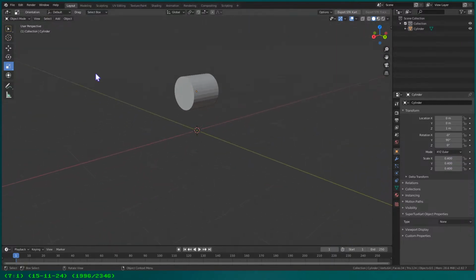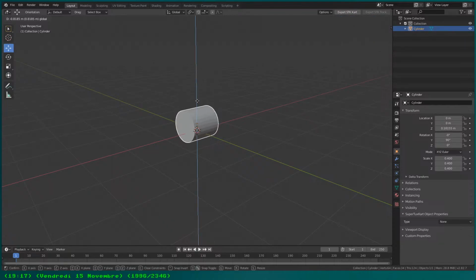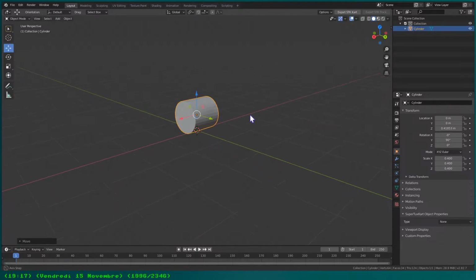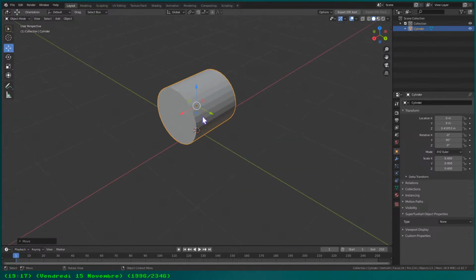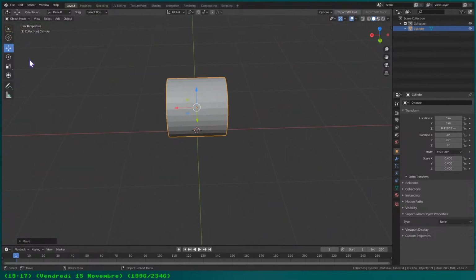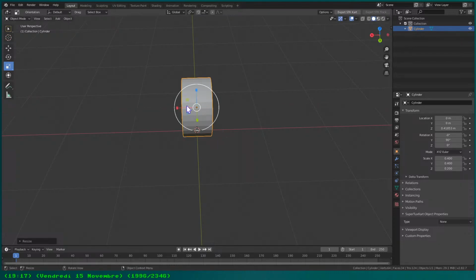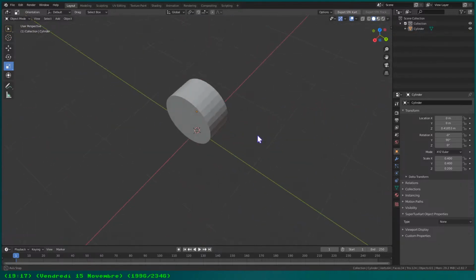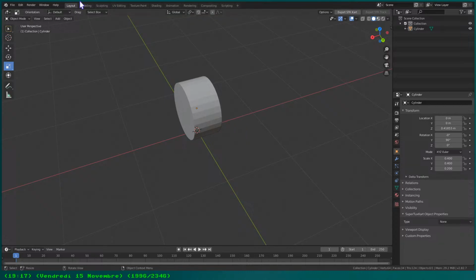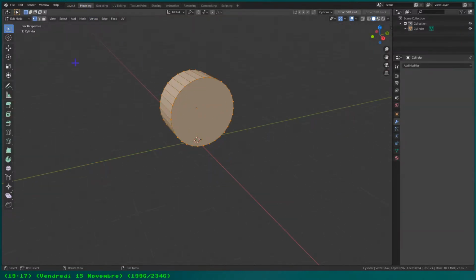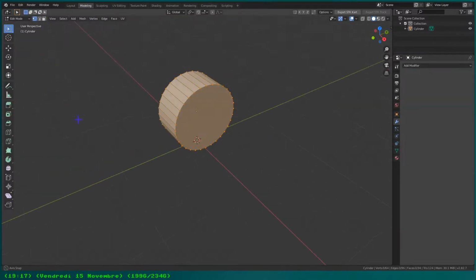So yes, that's a good basis, but now we need to move it back to where it was, so that it sits on the ground like this. It's a bit wide for a wheel, so I will make it just a little bit thinner like this, and you could be done. That could be your wheel,